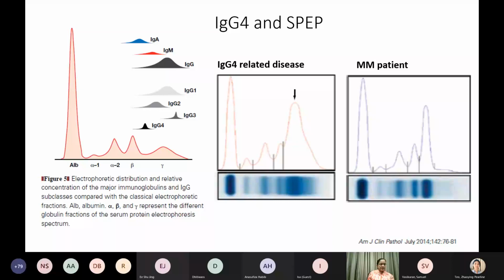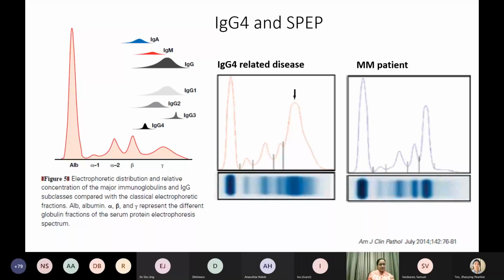With the emergence of this IgG4 disease as a new clinical entity, correct interpretation of protein electrophoresis pattern is very important. As you can see in this first figure, IgG4 usually runs in the beta gamma region. So the position is important to suspect IgG4 bands. On one hand, for patients with non-specific symptoms and high total IgG, this characteristic focal band in beta gamma region